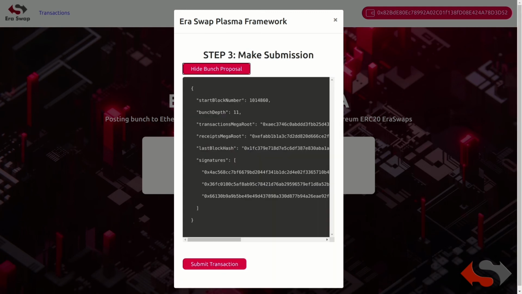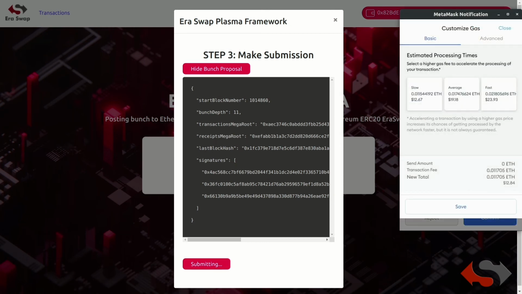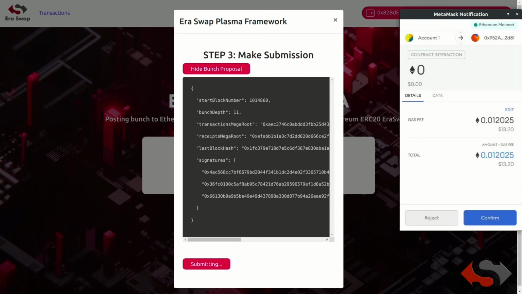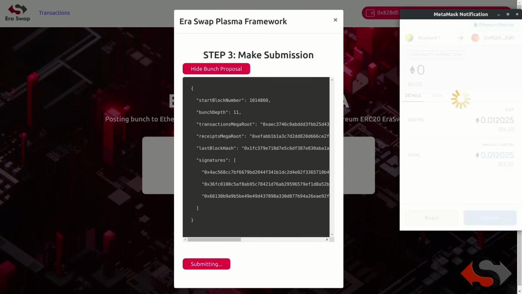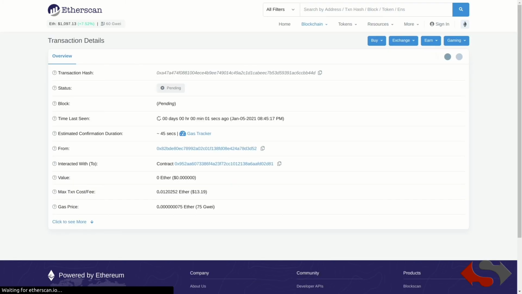We can view the bunch proposal and submit the bunch proposal. We'll edit the gas fee 73 to 75. View on Etherscan. It will take some time to get our bunch submission approved.